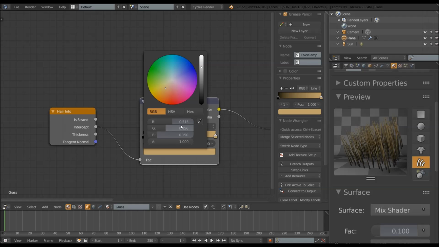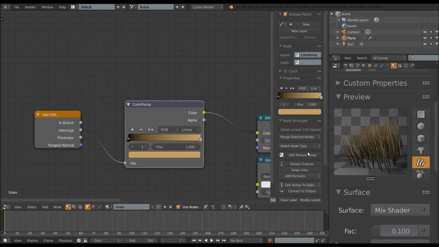The RGB value is 0.515 in the red, 0.356 in the green, and 0.150 in the blue. And that's for the tip of the grass particle. Now the next one, we're going to add in a new one with this plus. We want to drag it right up. And this one's actually just going to be